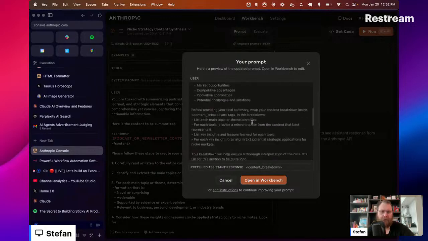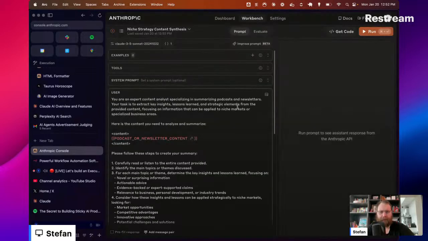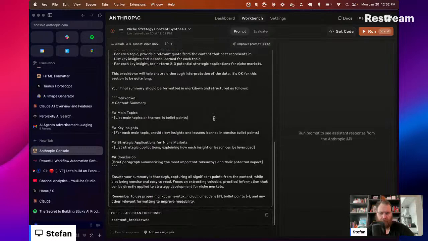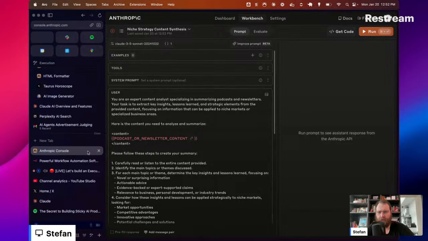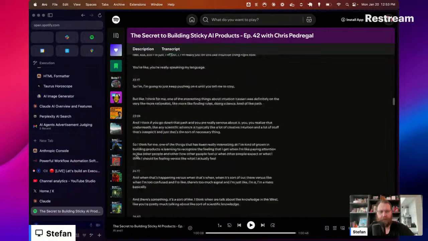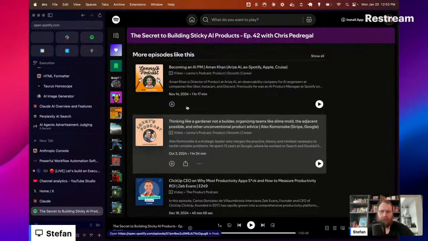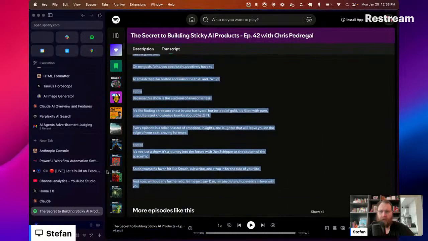Let's see, pre-filled. Okay, open workbench, which usually comes as a version 2. All right, so what we can do now before we build the tool, you can build it immediately. We can go in and we can copy paste the transcript. Again, there's probably smarter ways to do this. This is all of it. No, it's too much. Okay. But for the sake of doing it and getting it done, let's do it like this.